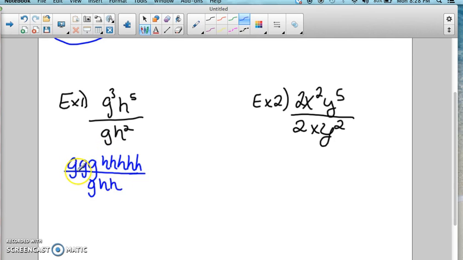So anytime you have a g in the top and a g in the bottom, they can cancel each other out. So I can cross this g and this g, and there's 2 left at the top. And then I can cancel that h with that h and that h with that h. And we can't cancel these out because there's none at the bottom to cancel them out with. So I have g times g left, which is the same thing as g squared left at the top. And then I have h times h times h also at the top, which becomes,